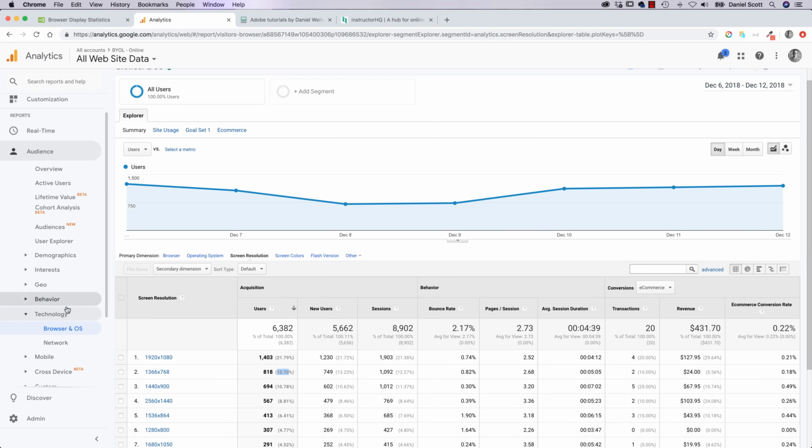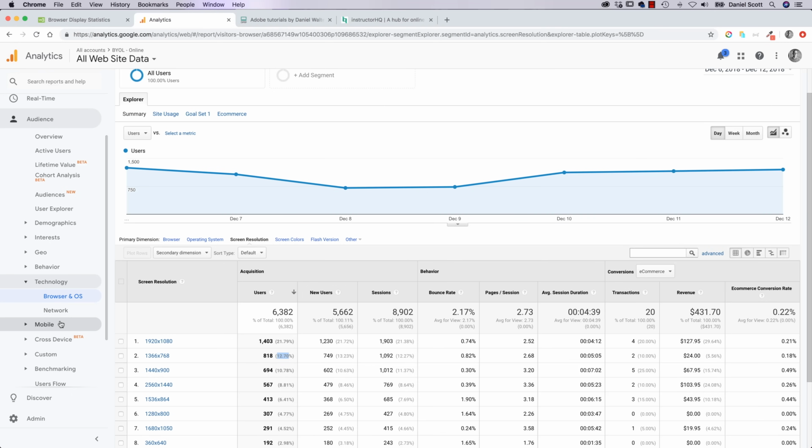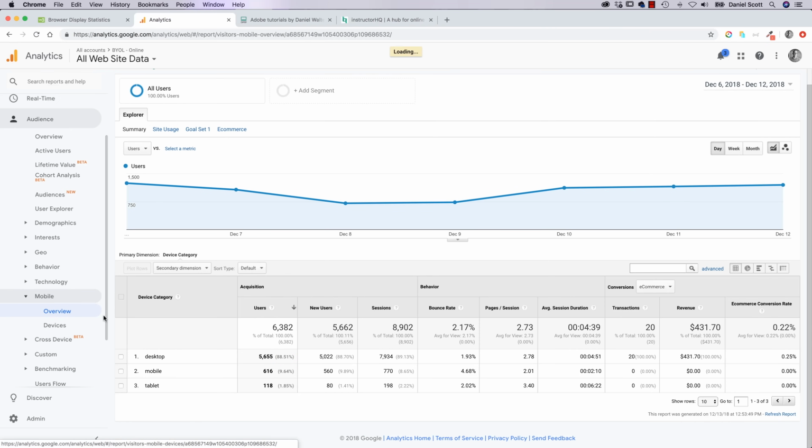The other thing you might check is if the client comes and says, yeah, let's really work on this website, you might find that really you should be working on either the mobile version first, or a mobile website version first, or an app. You can check if they've already got data like this. You can go into things like mobile, look at overview. You can see in here a huge majority of this particular website, 88% are using desktop. So if the client came to me and said, look, let's build this mobile app to refresh the site, or a mobile version of the website, I'd be like, oh, let's look at doing the desktop first, because you might want it to be mobile, but really the majority of people are using it this way. You still might end up going this way, but at least it gives you some data to actually talk about